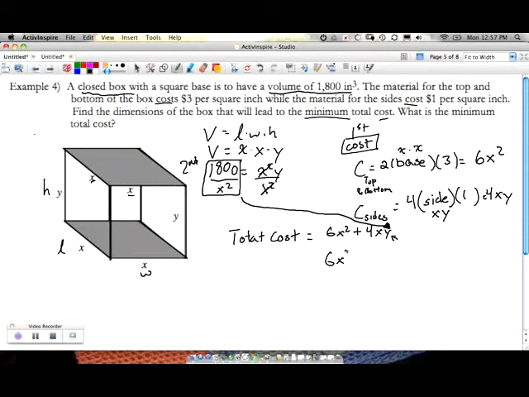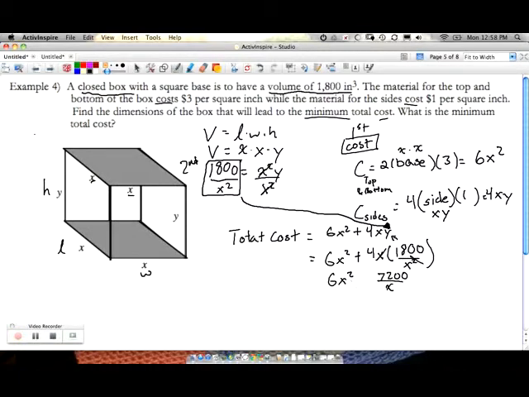So that means we'll have 6x squared plus 4x times 1800 over x squared. So we can simplify a little bit here. 4 times 1800 is going to be 7200. This x is going to simplify with one of the x's on the bottom, so then we have 7200 over x